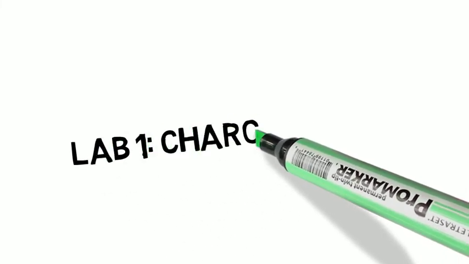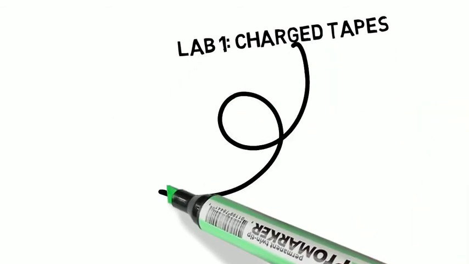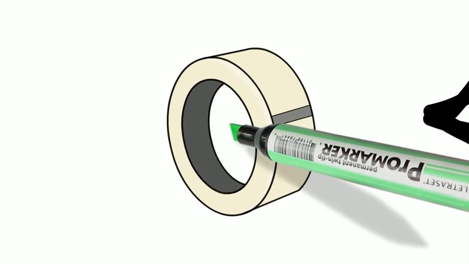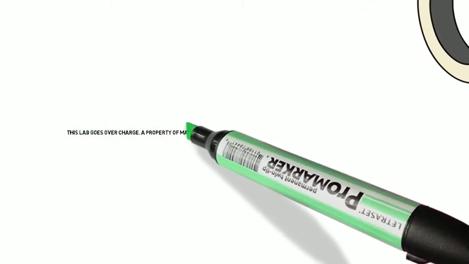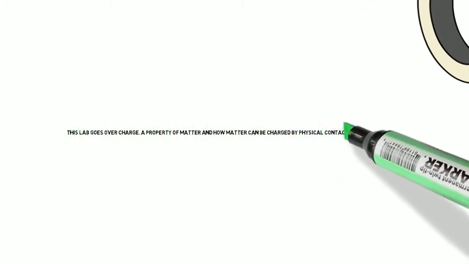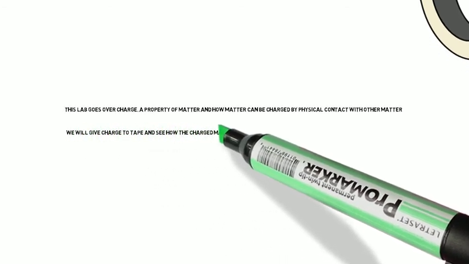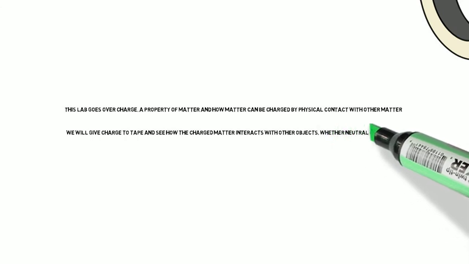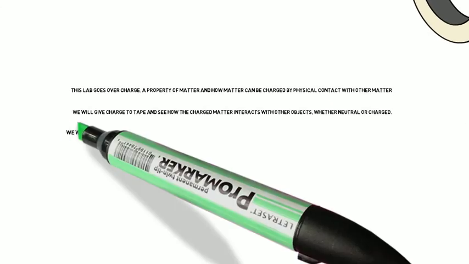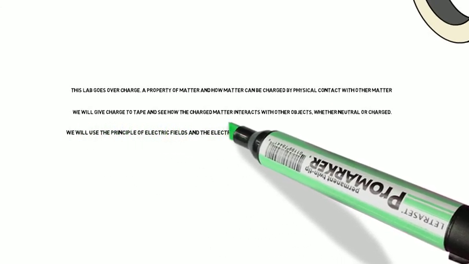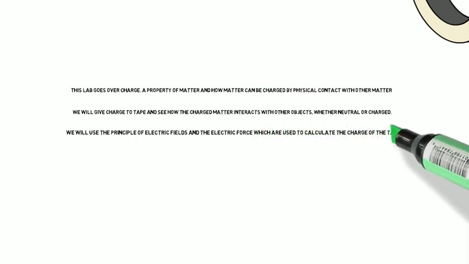For our first lab, charge tape, we go over charge, a property of matter, and we model this property by using tape. Some matter can be charged by physical contact with other matter, and the purpose of this lab is to charge matter, in this case, the Scotch tape, and see how that charged matter interacts with other objects, whether neutral or charged. This lab mainly goes over the principles of electric fields and the electric force, which are used